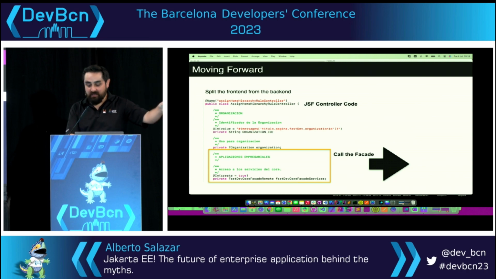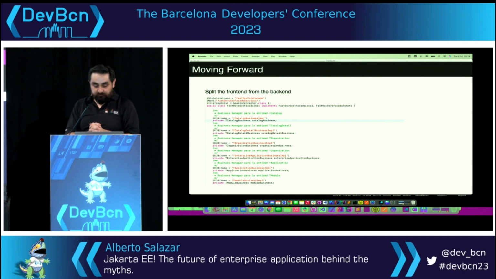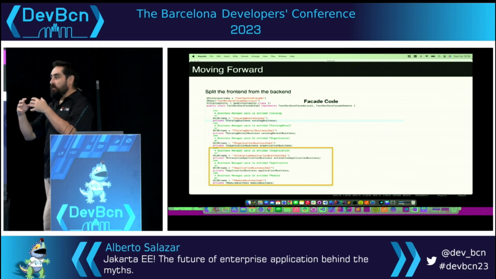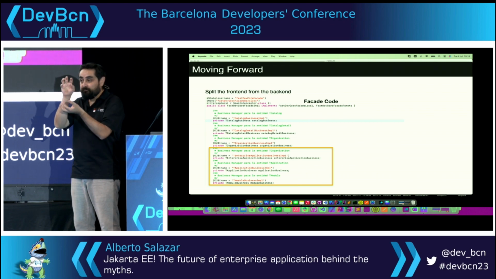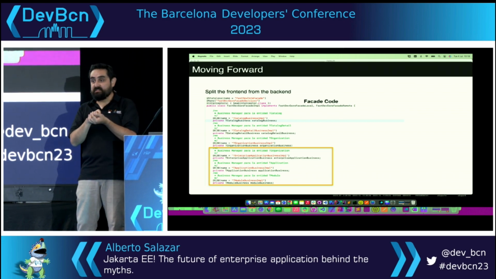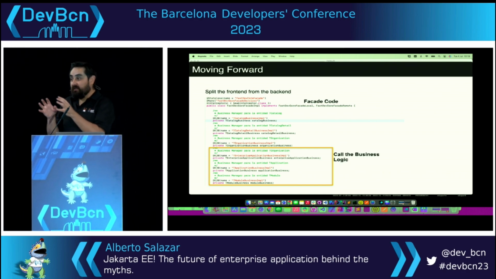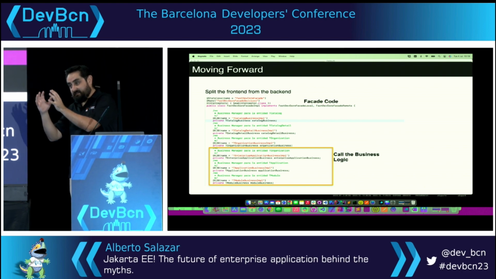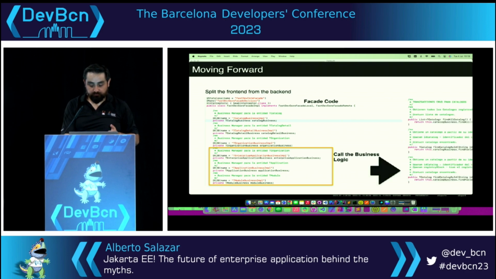JEE. And this is a really tight coupling between the front end and the back end, because we have annotations that take the enterprise Java beans to be together. And we put this code with a facade. So what we are going to do is wrap the logic, the enterprise Java beans, with a facade in front. And what we call business is this facade that is in front of our business code